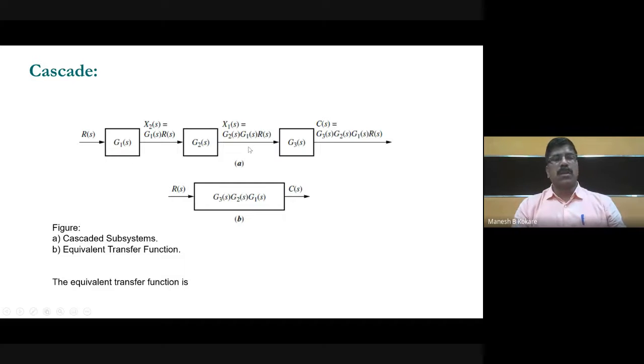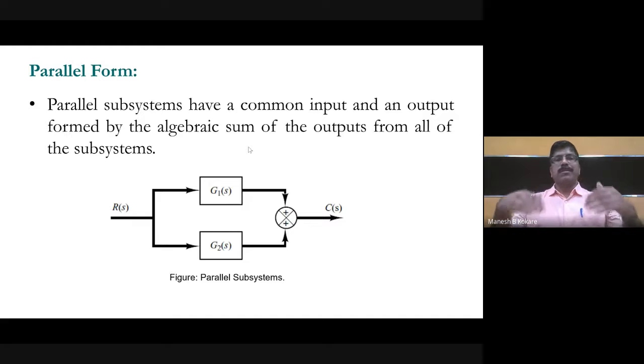So I hope that you have understood the first rule of block diagram reduction. When two or more blocks are connected in cascade, then the overall transfer function will be the multiplication of the individual transfer functions, right? Now, the second rule used in block diagram reduction is when two or more blocks